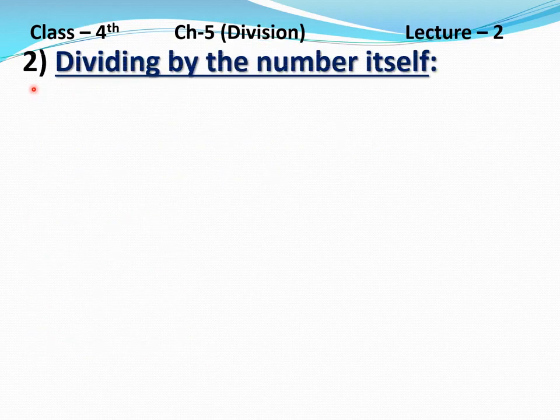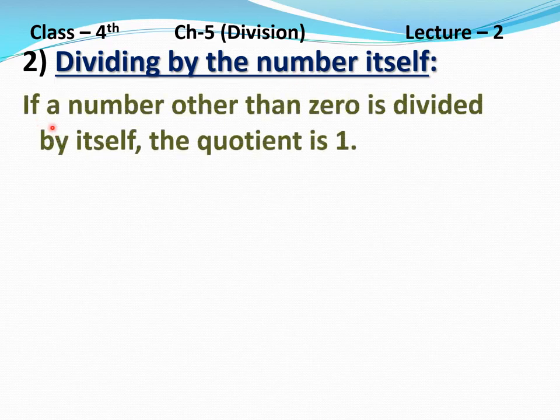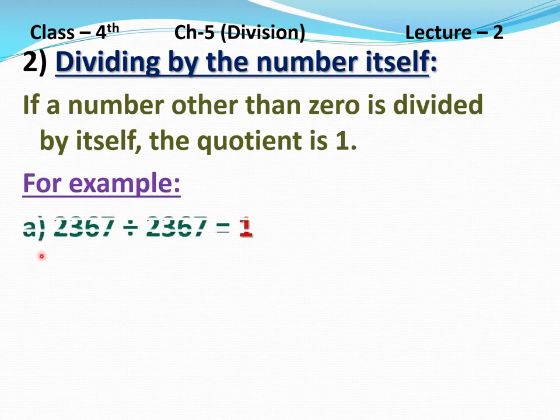Now, second property, dividing by the number itself. If a number other than 0 is divided by itself, the quotient is 1. अगर हम किसी भी नंबर को 0 के अलावा अगर हम डिवाइड करते हैं उसी सेम नंबर से, the quotient is 1. तो quotient आपका 1 होगा. Clear? For example, A part